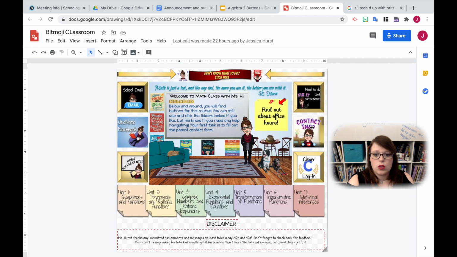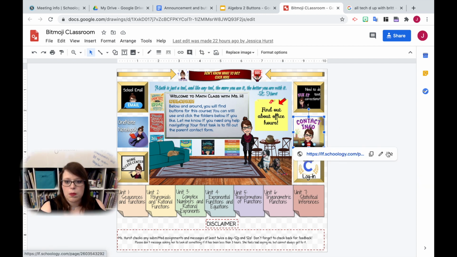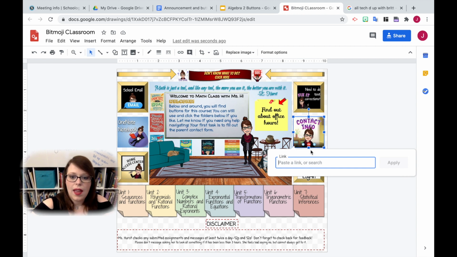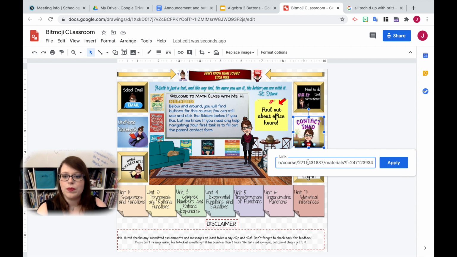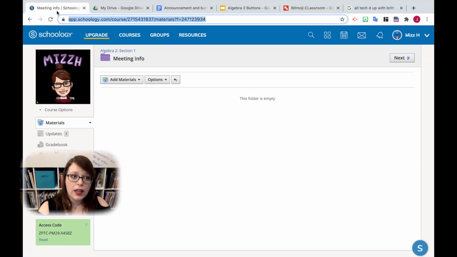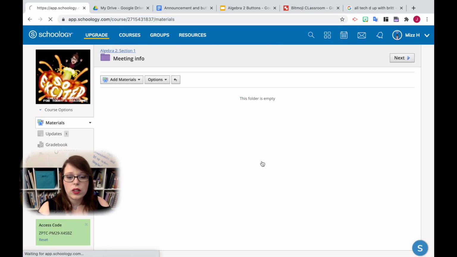I'm going to go to contact info here. You'll see when I click on it, it has a thing that pops up already. Let's say that wasn't there. Nothing there when I click on it. So all I'm going to hit is Command-K or Control-K. And then I am going to paste that link in. There we go. Now it's linked together so that when I go back and I go to my course,